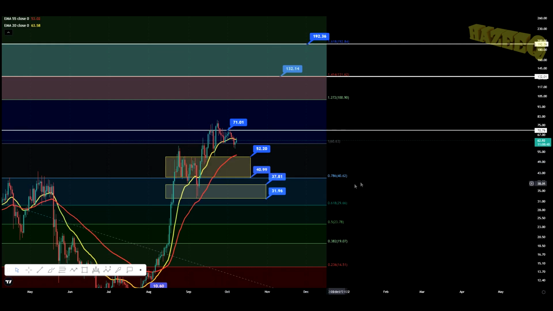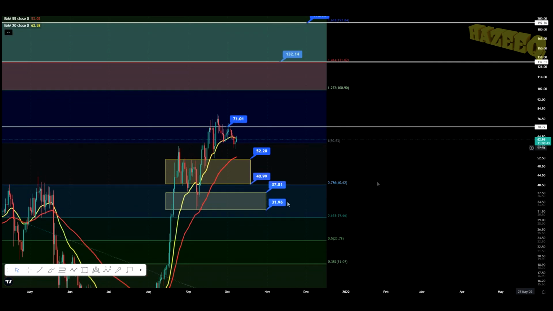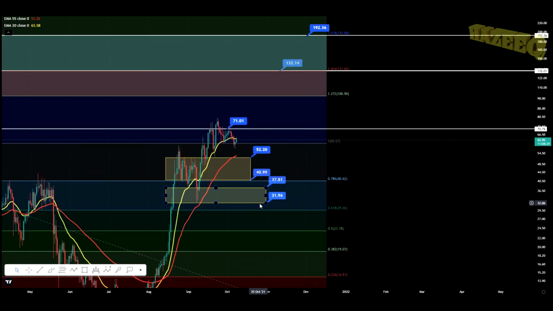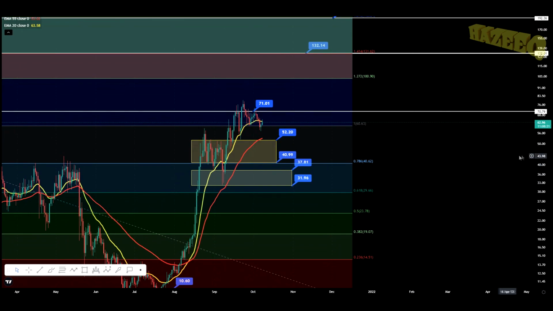Below that, we do have 0.786 at $40.62. And even below that, we do have $37 to $32. And this is actually, $32 is a target from a bearish pattern, a technical target. So not saying we're going to get there, but if we do, then, I've told you, I've warned you, you have your support levels, make sure to be prepared to buy some AVAX coins.